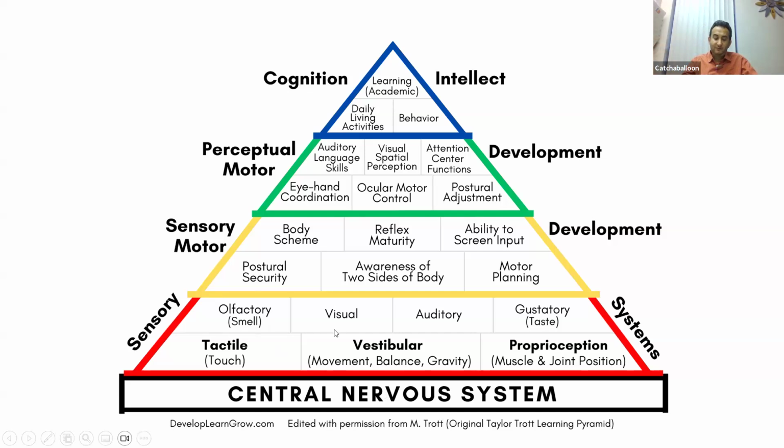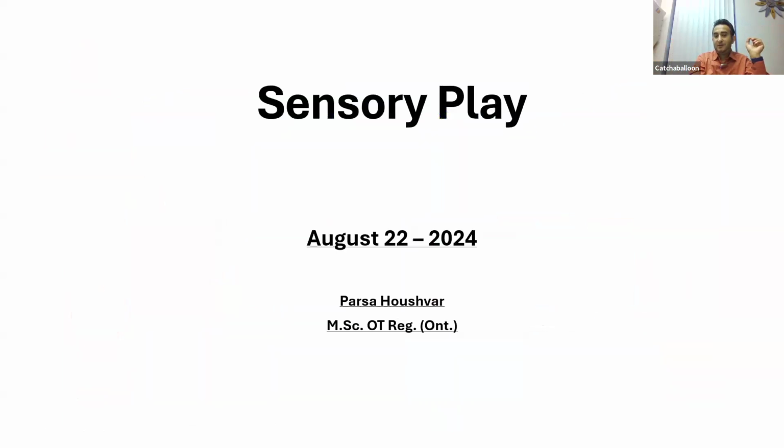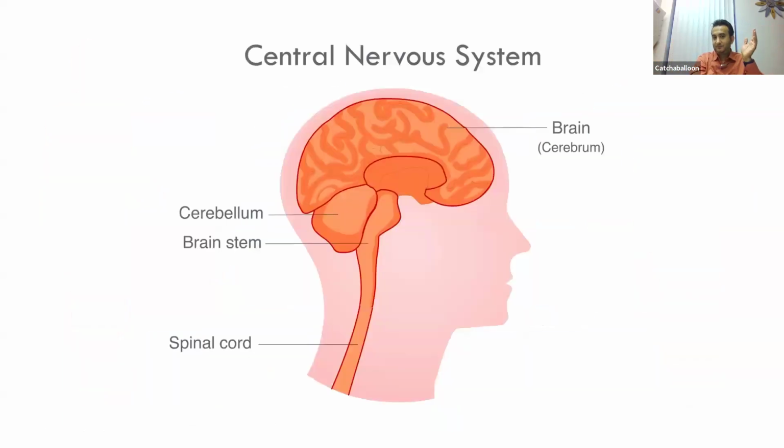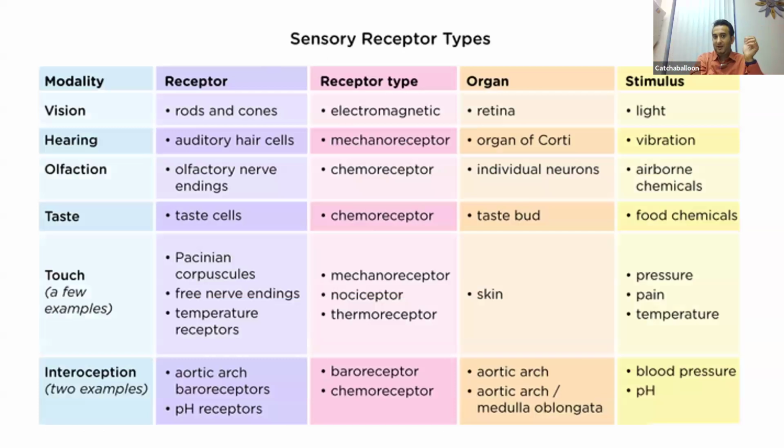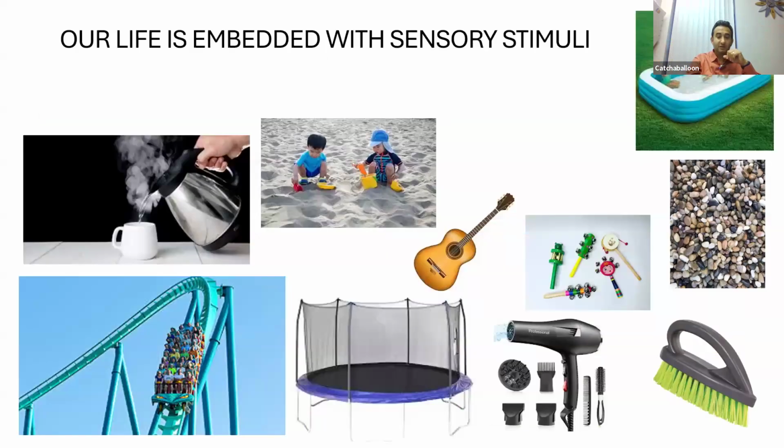When we go upward toward the top of the pyramid, we will see other skills or things that later on we can spend time talking about, but not in this workshop. In this workshop, on one hand, when we say the word sensory play, we have to talk about the sensory system and what we are talking about. So just make sure: CNS, not PNS, brain and spinal cord, and this system, and the receptors. We have talked about the sensory system so far, but now we can talk about that